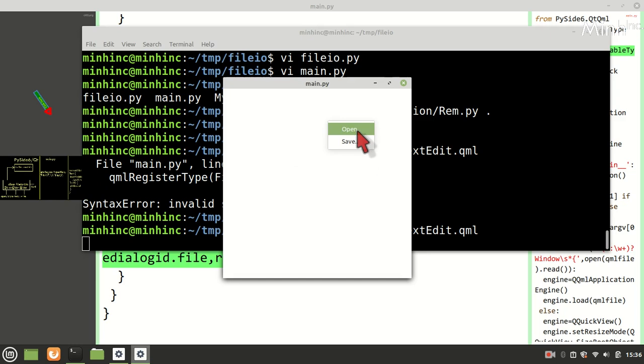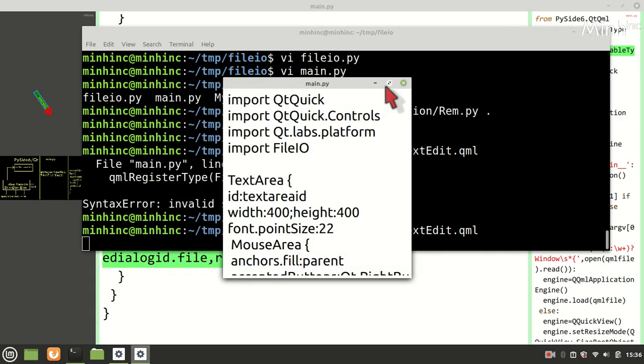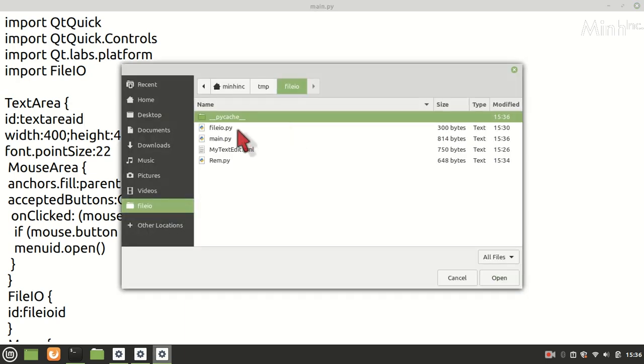So we'll say open, and we'll open our own written file, that is my text edit. Okay, so it's opening. That is the idea. So now file IO is available.